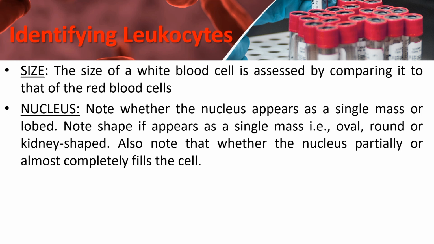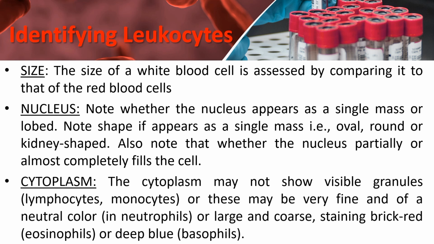Note whether the nucleus appears as a single mass or lobed. If the nucleus appears as a single mass, then note its shape, that is, whether it is round, oval, or kidney shaped. Also note whether the nucleus partially or almost completely fills the cell. Then note the cytoplasm. The cytoplasm may not show visible granules like in lymphocytes and monocytes, or these granules may